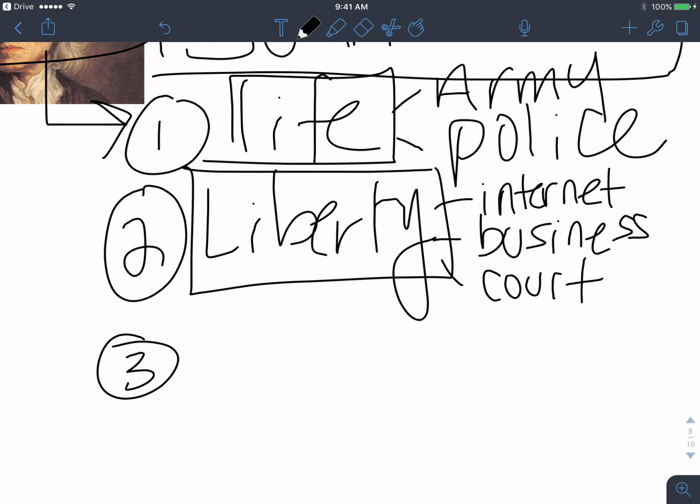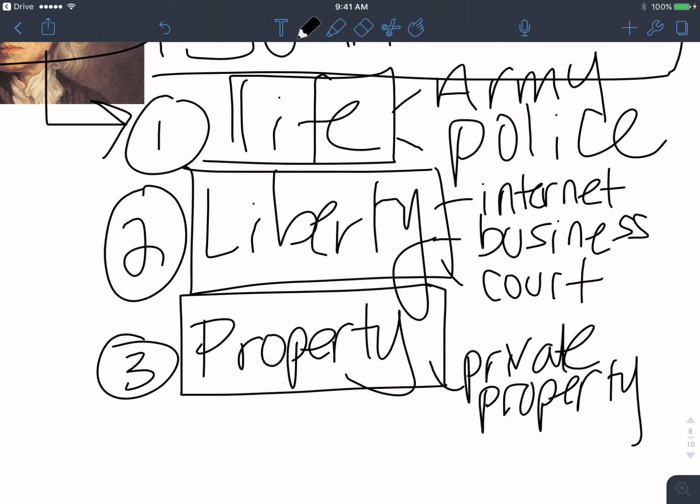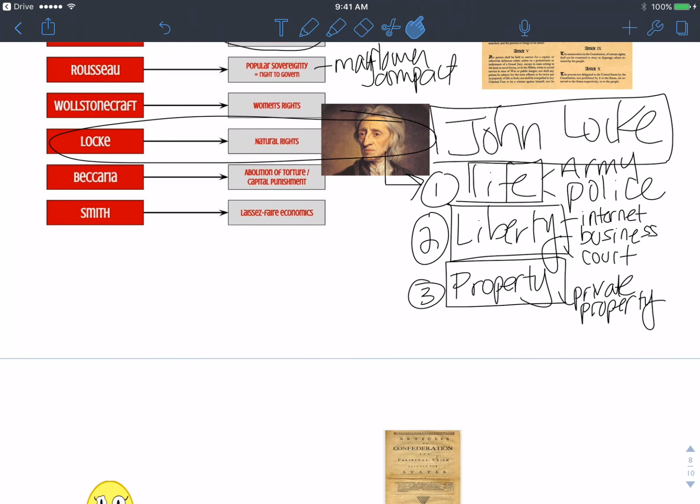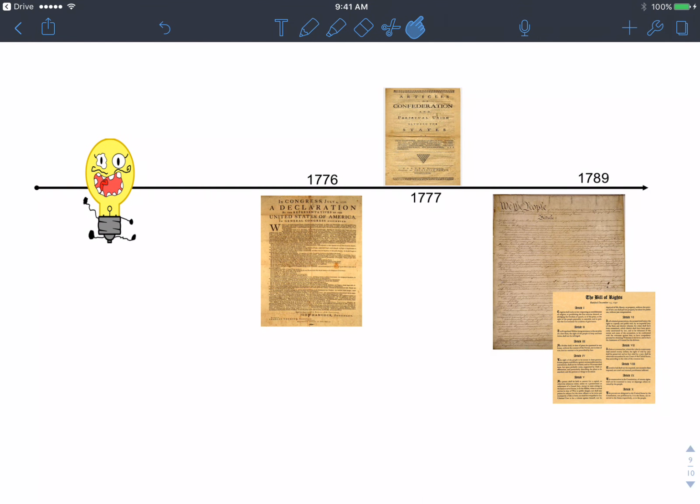And the last thing that Locke talked about was life, liberty, and the government should protect our property. One of the hallmarks of Western civilization is this idea of private property. And there's a lot of debate around that as far as how that made its way into our society and our culture. But we'll kind of look at that throughout the year. That's one that's a little bit tough to kind of nail down in this little summary. So those are the big things. John Locke, life, liberty, and property. All right, again, we have our little timeline here. All right, just looking at how everything is coming back to the Enlightenment.